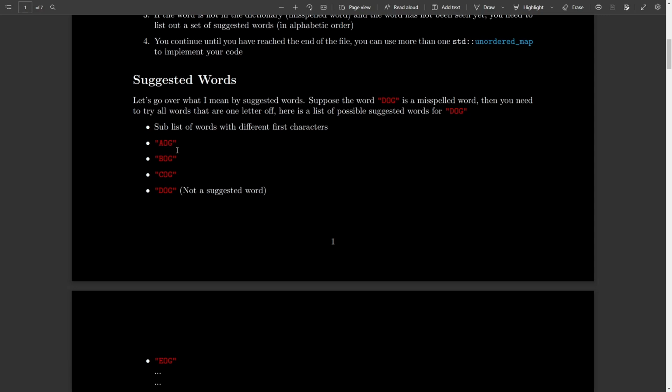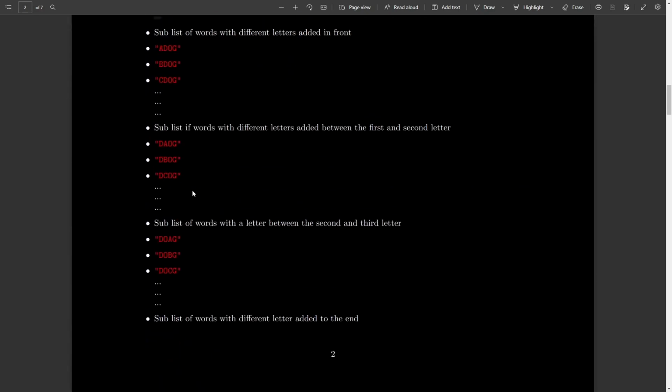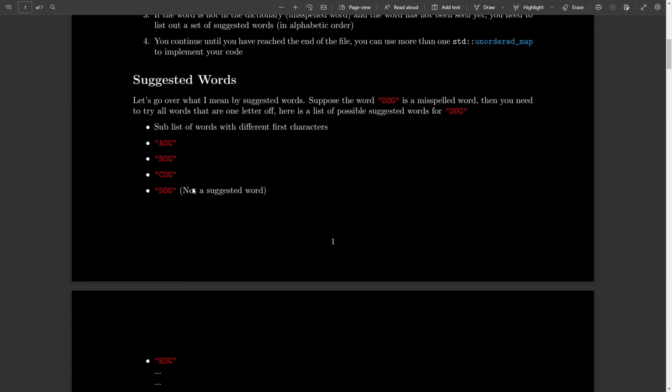So in my final remarks, or sorry, what's it called? Specifications, I said that do not linear search anything. So you're probably wondering, well, isn't this a linear search? Well, it's not. You're traversing a list. If you want to test which words exist in our dictionary, you have to traverse this list. But notice we're not going to linear search AOG through our